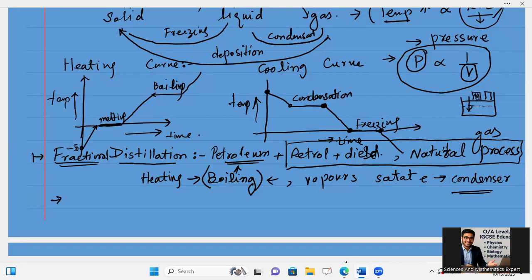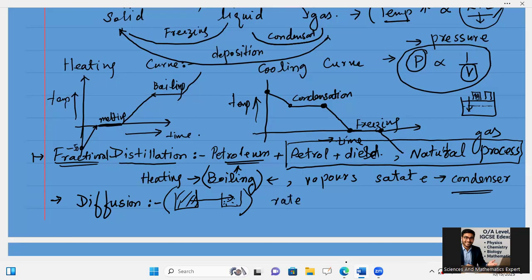Now I am moving towards diffusion. Diffusion is basically, if you have biology in your course, then you can say diffusion is the spreading of molecules from higher concentration to lower concentration. From higher concentration to lower concentration along the concentration gradient is called diffusion. No need of energy to be given. And remember that